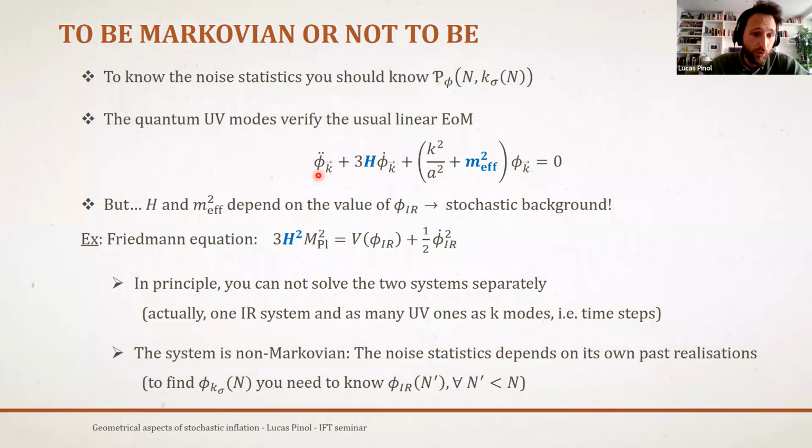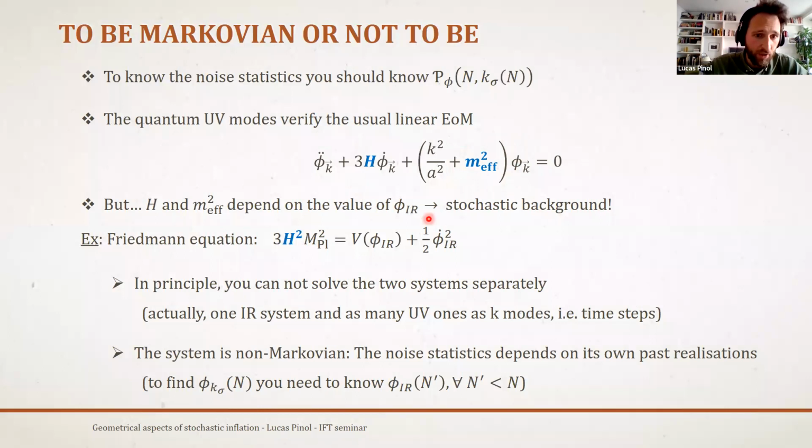So what you should do is to first solve for the linear equation of motion verified by your mode functions. But this is not so easy because actually, if you look at the Klein-Gordon equation for this wave function, what you find is that it depends actually on the value of the Hubble parameter, which is the logarithmic derivative of the scale factor, and many things that depends like on the derivative of the potential, the second derivative of the potential, etc., which is encompassed in this effective mass term.